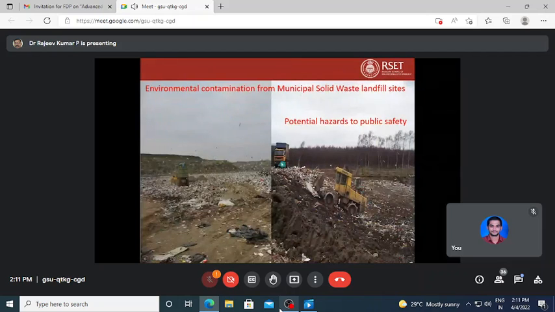This is another scenario you might have seen. This is municipal solid waste. This is called a landfill site. Even if it is not properly designed, there will be leaching of